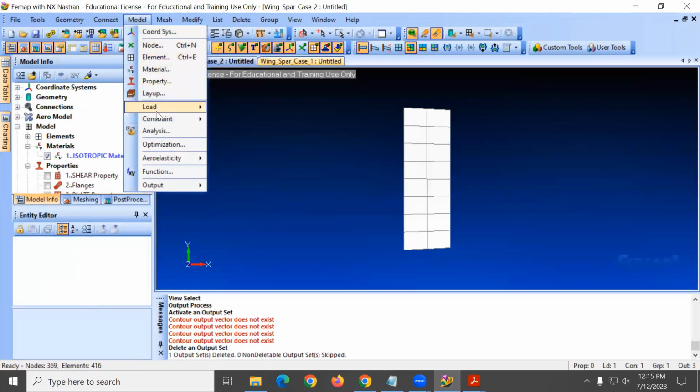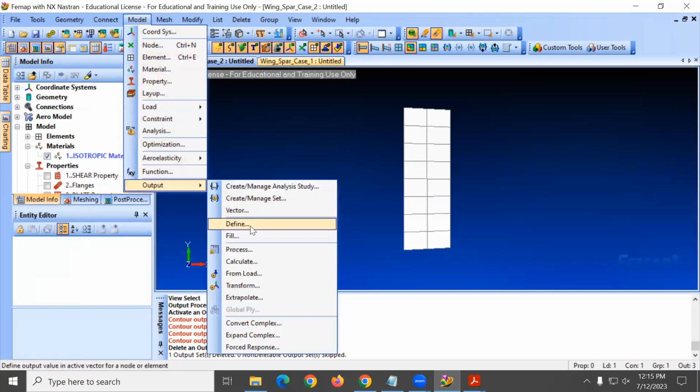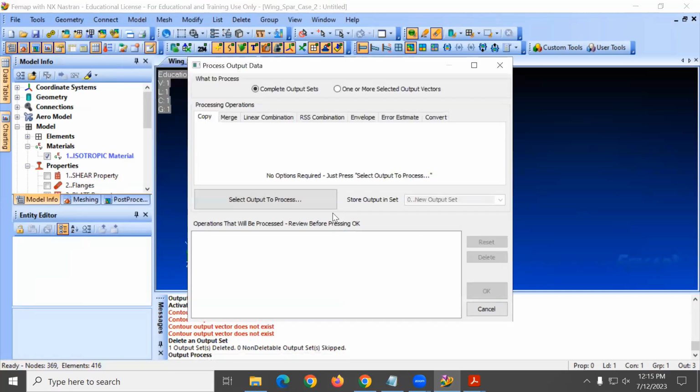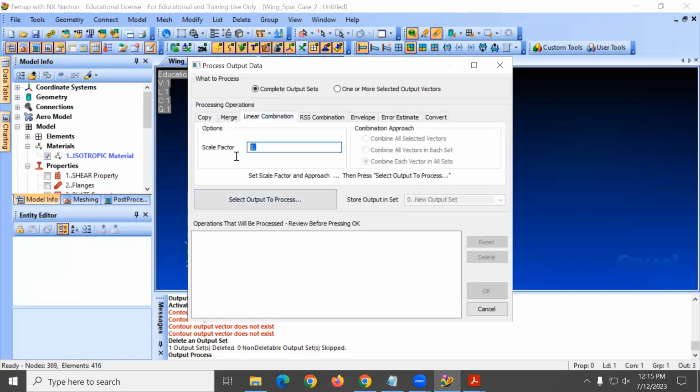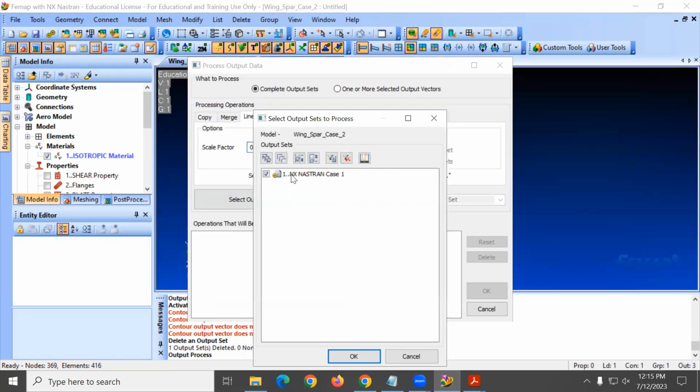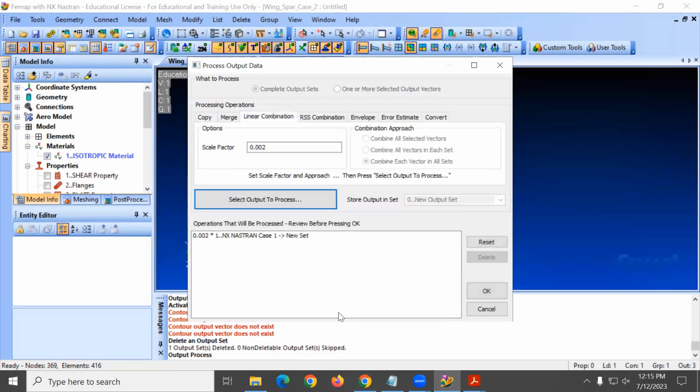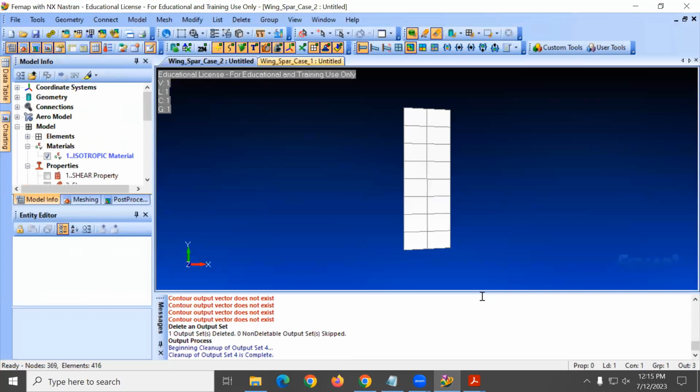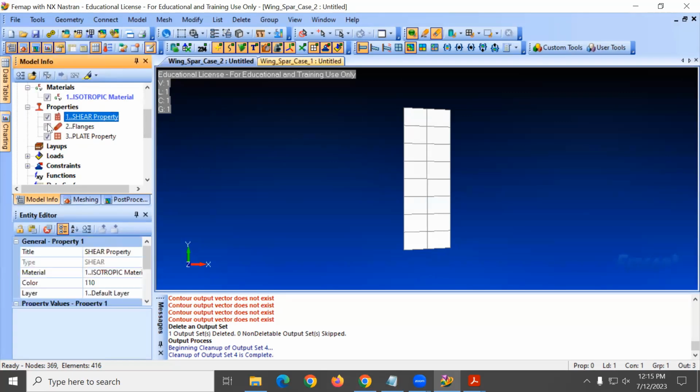So model, what was it? Output process, linear, 0.002. Select output to process this one. Okay. So, oh, maybe it's because these ones are not there. All right, so